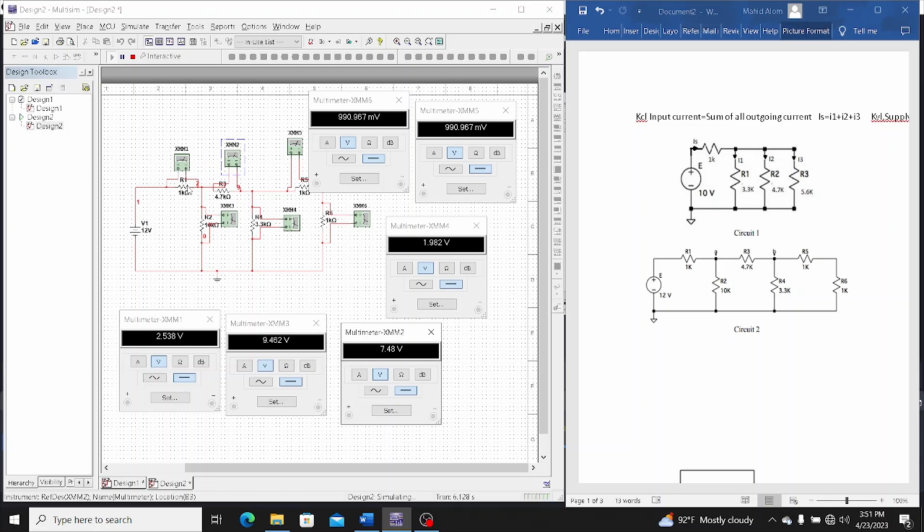So here VR1 equal to 2.53 and VR2, I mean XMM3 is 9.462. If I add two voltages, then the Vs will be 12 volt. In